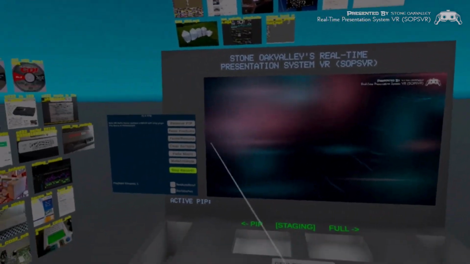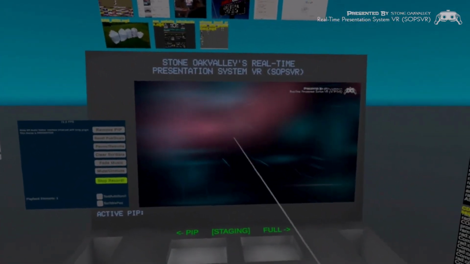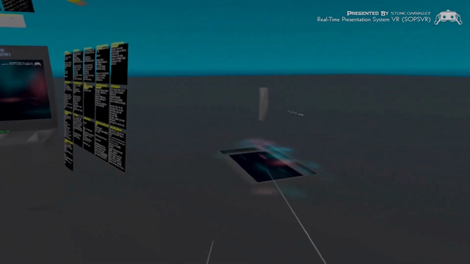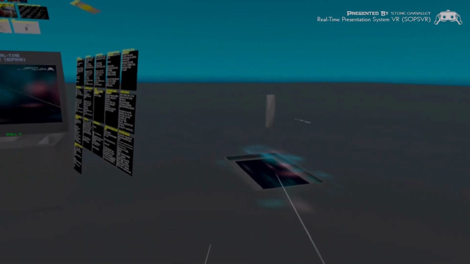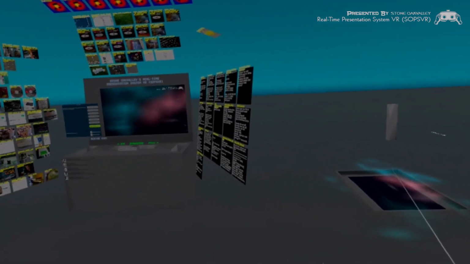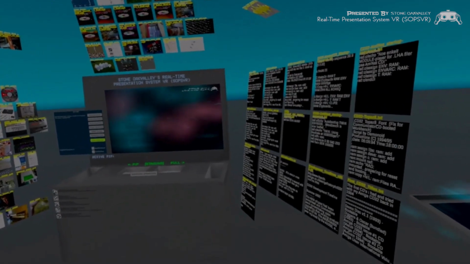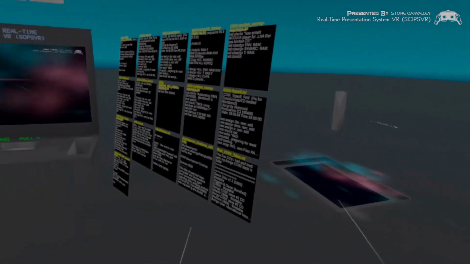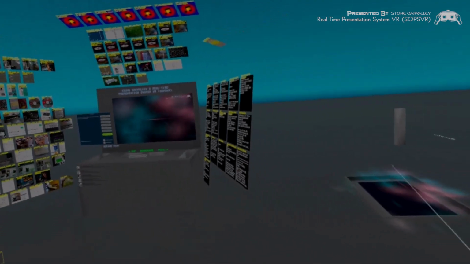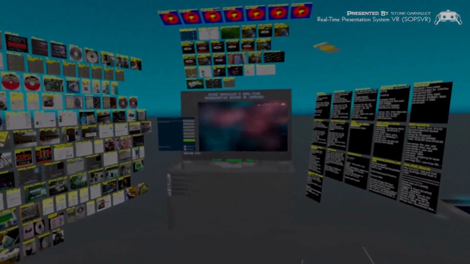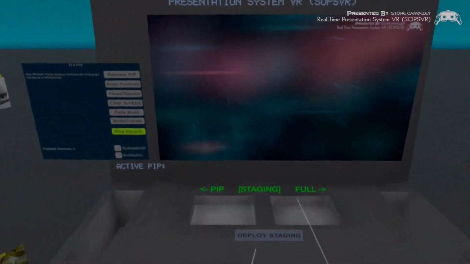So this frame right here is the same as this one, but it's all flattened down. You can see my pointer went over there. Anyway, so